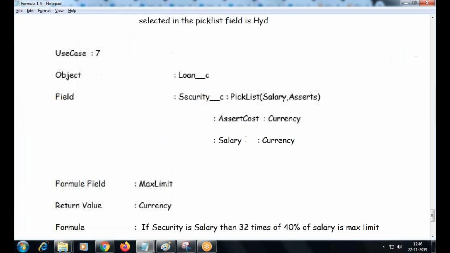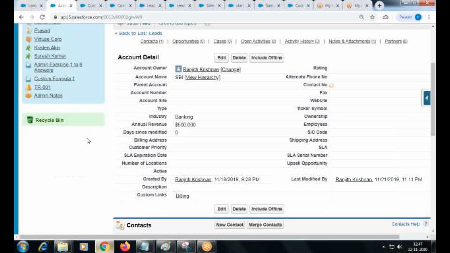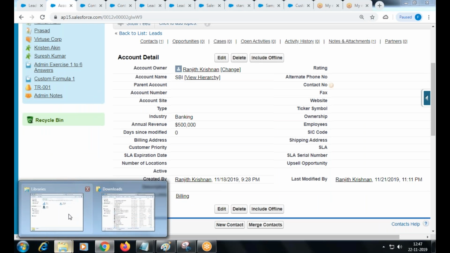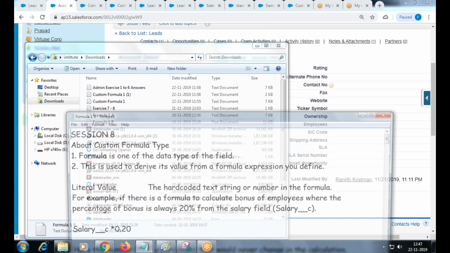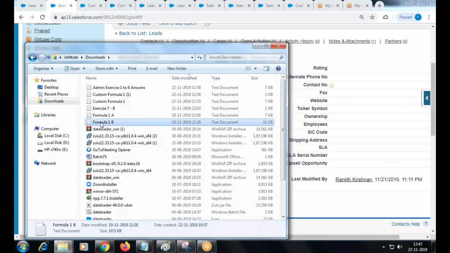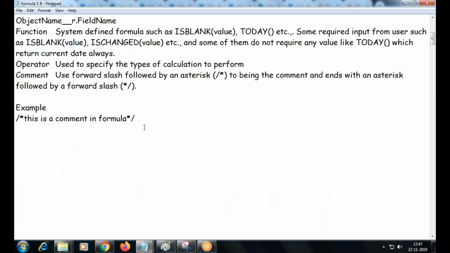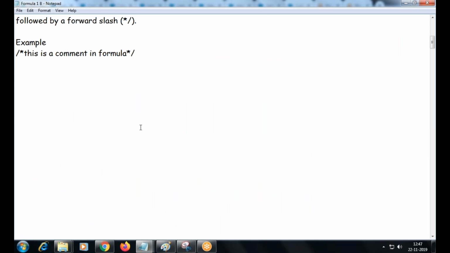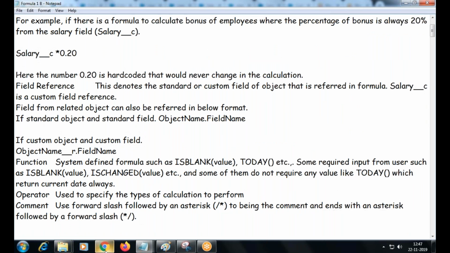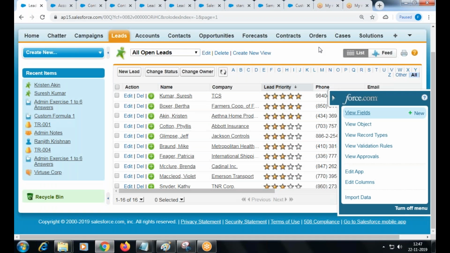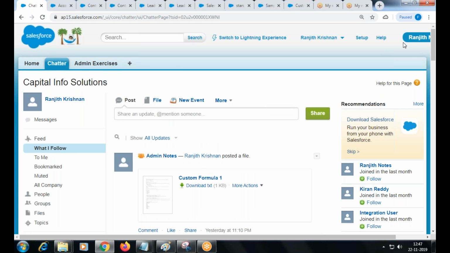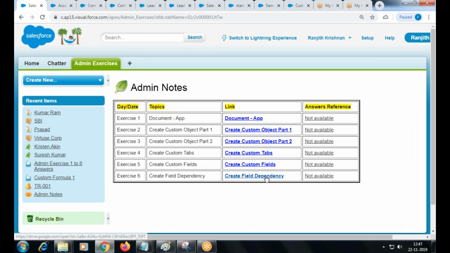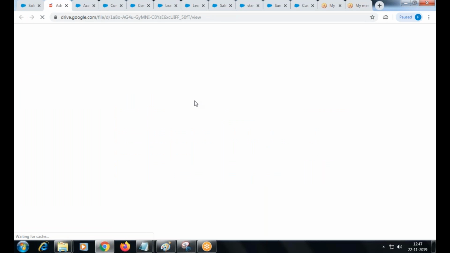We'll see any other example I can cover now. Right, we'll quickly review the exercise document, anything I can refer now, right? So then we already reviewed.